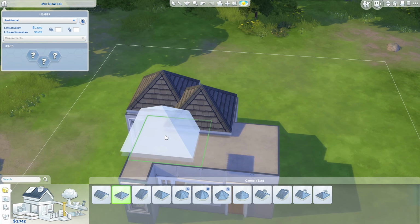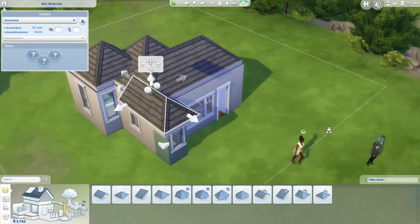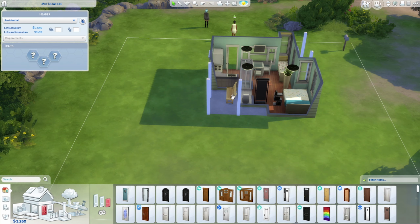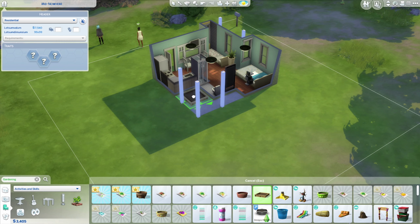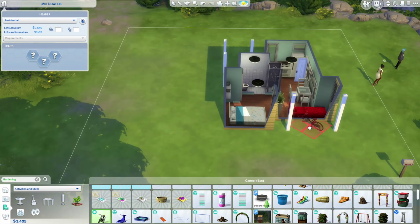And I am terrible with roofs. If you just watched my last tiny home video, you will know that roofs are the bane of my existence, and so I'm just gonna skip the 20-30 minutes that I spend trying to make a roof and just move on from there. So I also added some columns just because the roof was so awkward that it kind of extended, so I decided to make a little porch area, and now I'm just trying to figure out what the hell to